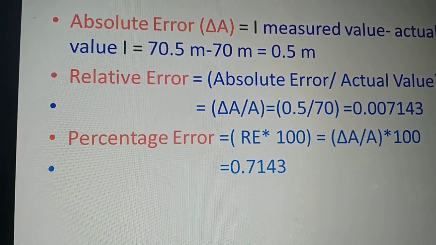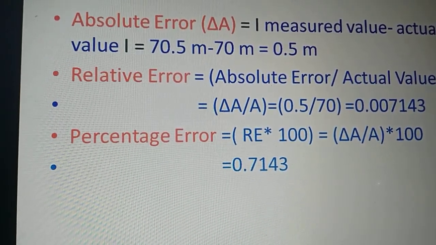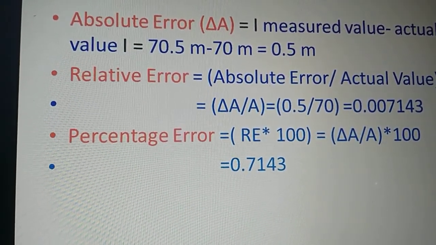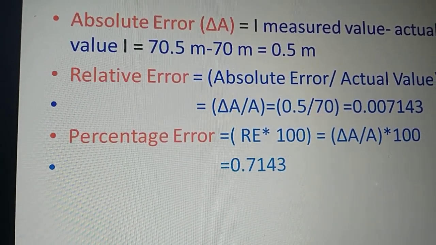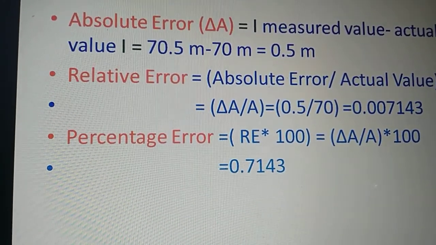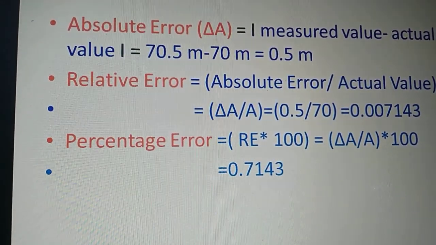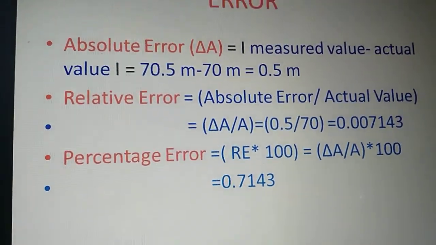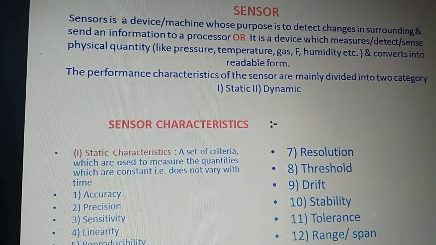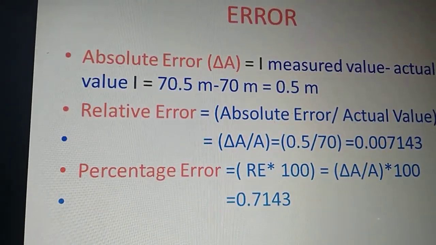If you multiply the relative error, 0.00743, by 100 it will give you the percentage error, and therefore the percentage error is equal to 0.7143. So this is all about errors, and the next topic is the sensor, but I think we'll stop here